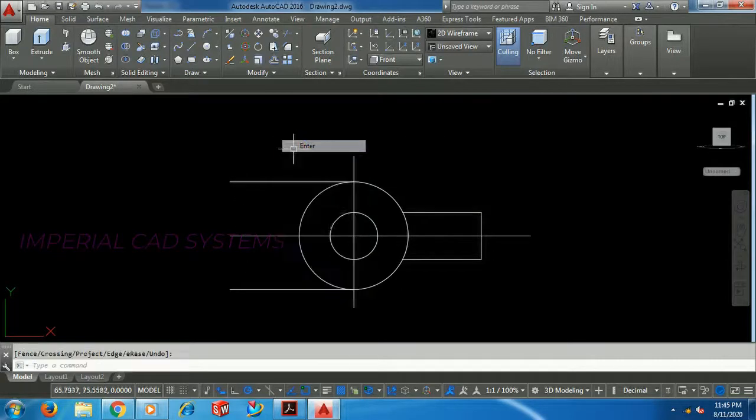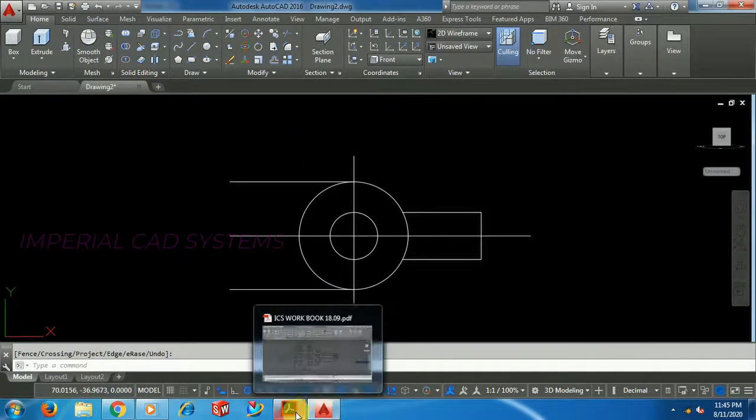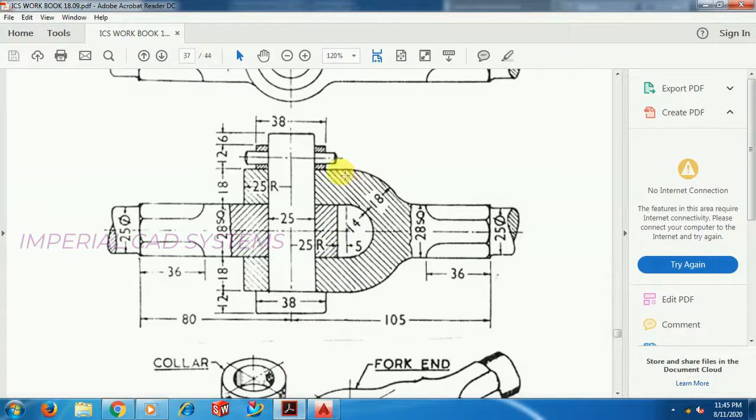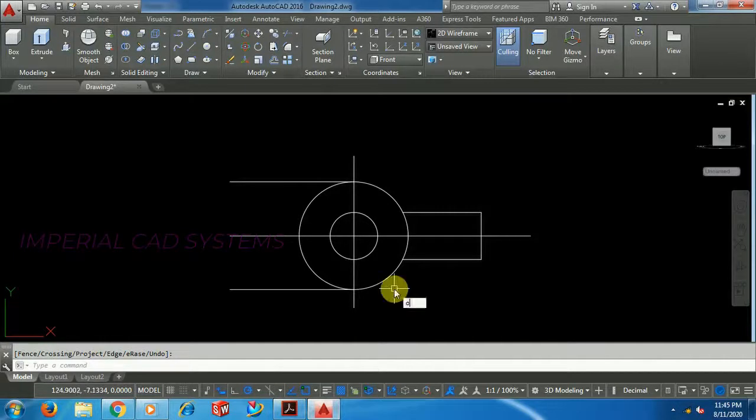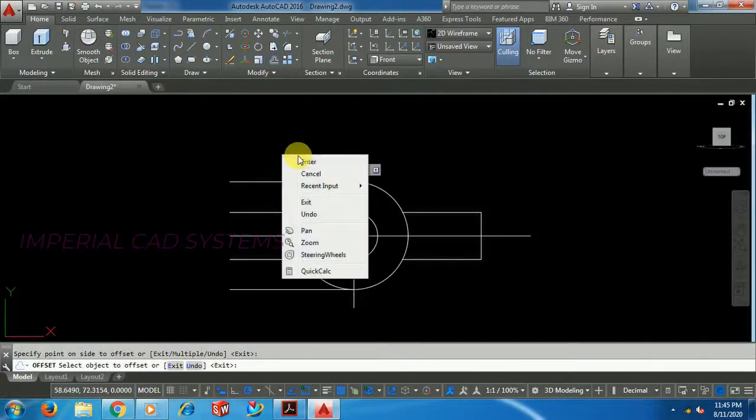Then 18. This thickness is 18, offset 18, that's it.